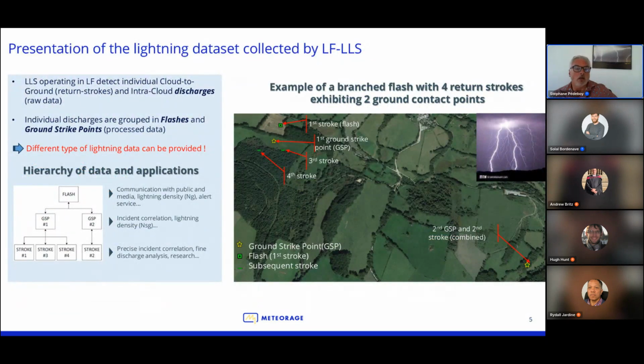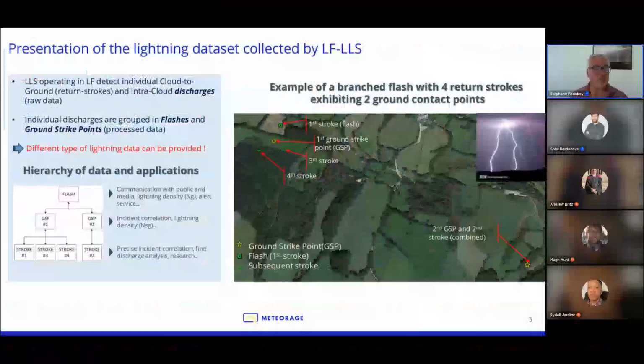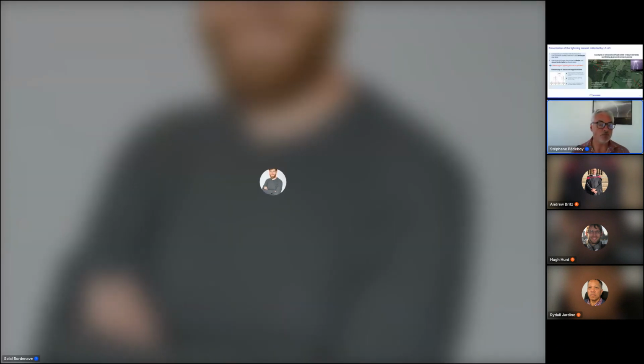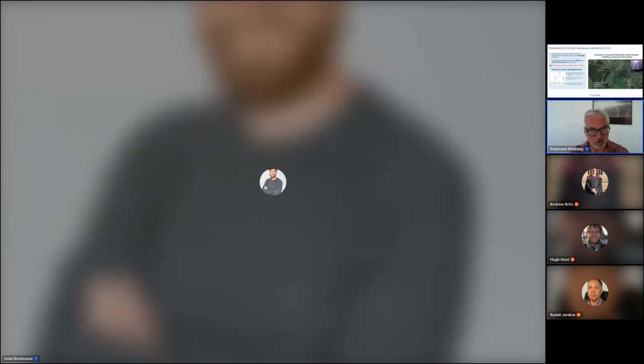So having said that, the lightning data sets collected by such systems are able to localize and to detect cloud-to-ground return strokes, meaning discharges occurring between the cloud and the ground, and also